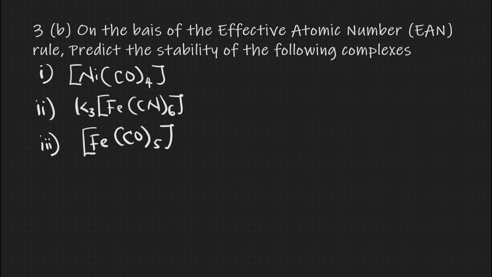We have 3 complexes here to predict whether they're going to be stable or not. Remember that the effective atomic number rule states that the complex must have the electronic configuration of a noble gas in that period to be stable. So let's see it. We're going to use the formula that was provided in the previous discussion to solve this. This is the first question, and we know that the formula for calculating the effective atomic number is